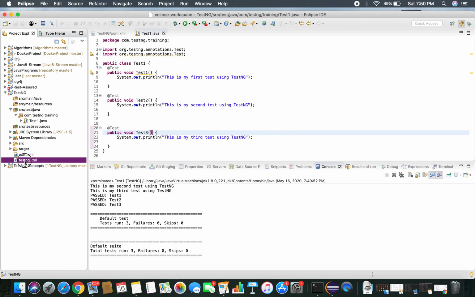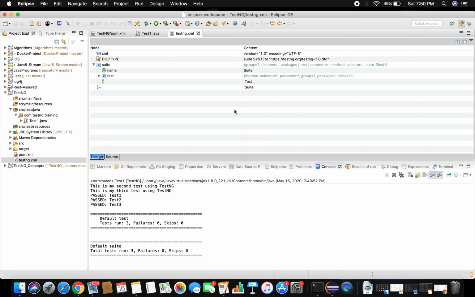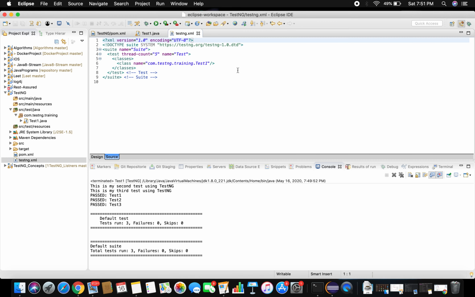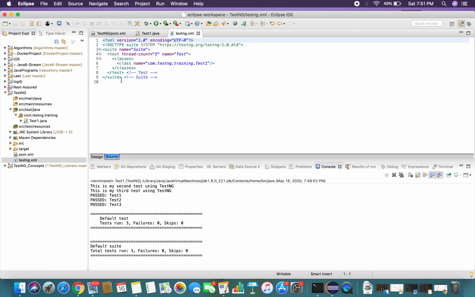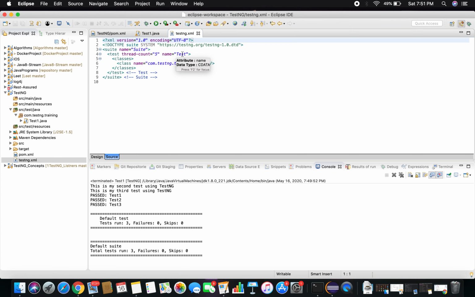See, now you can find a testng.xml file is created here. Open the testng XML. You can see by default the thread count will be 5, the name of the test is defined as a test, and this is your suite.